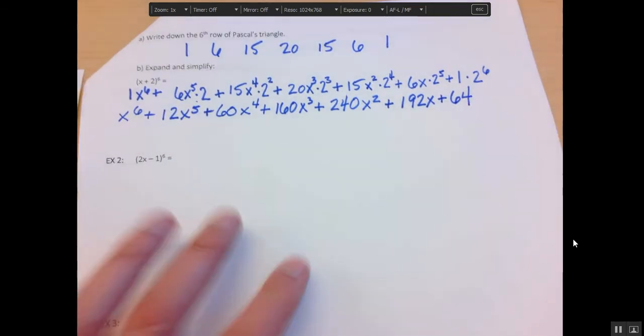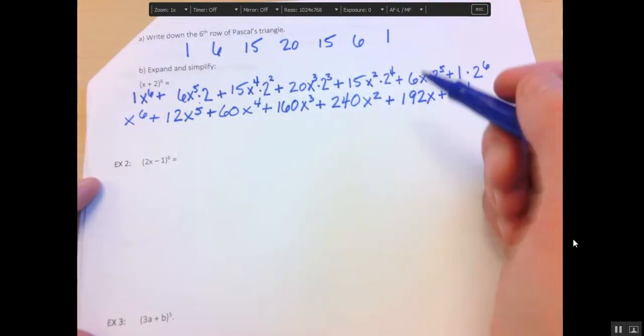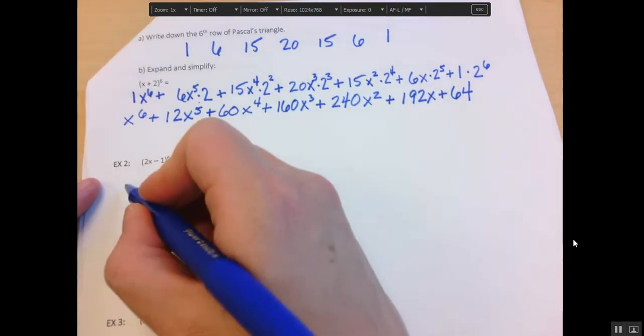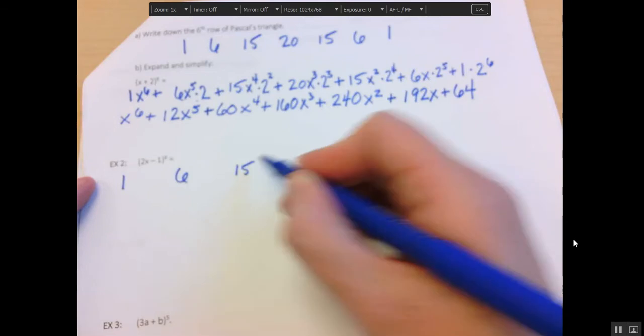Okay? So in this expansion, because we had numbers, we had to actually multiply those out. The next expansion is going to be tricky because the b value is a -1. So I'm going to help you get started with that because we're going to do the same numbers, but then I'm going to give you a minute to try to simplify it, okay? So I'm still starting with 1, 6, 15,